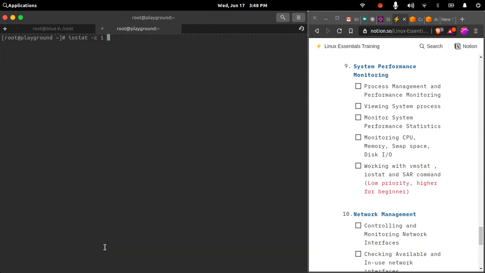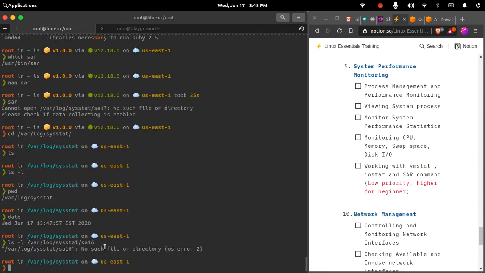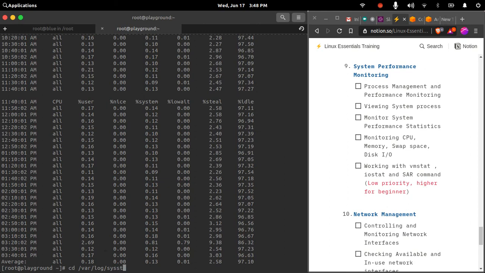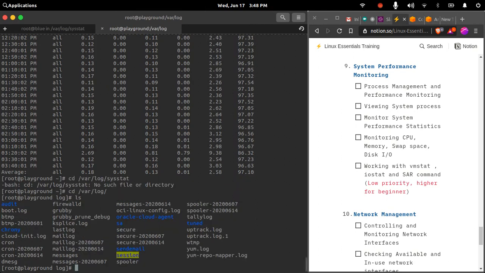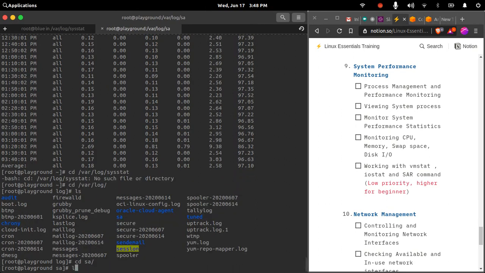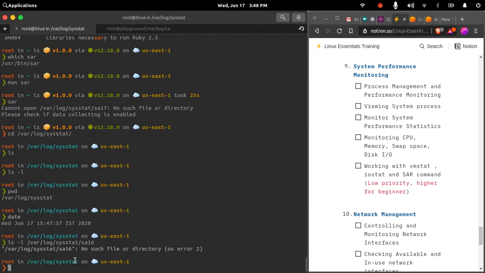So let us check on the cloud system whether we have SAR available here. Yes, it is. Okay, so let us go to /var/log/sysstat. Looks like here it is storing it at some other place, SA. Yeah, so depending on the distribution, the implementation of the application varies.